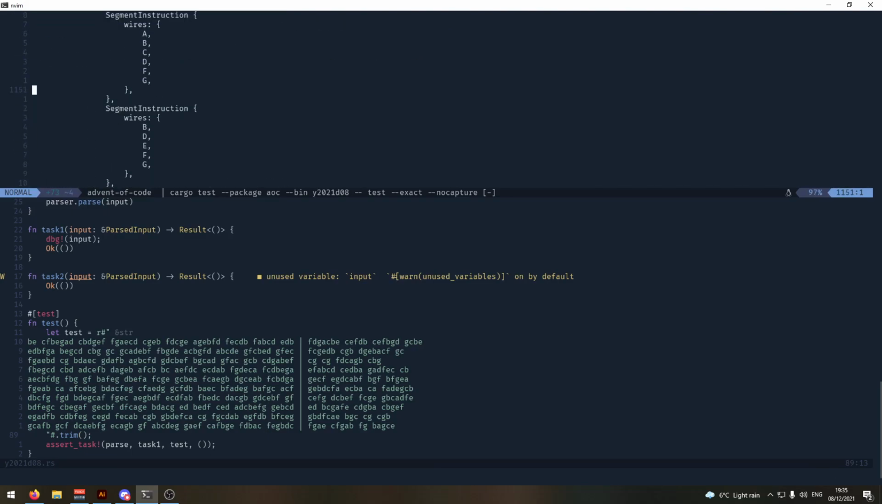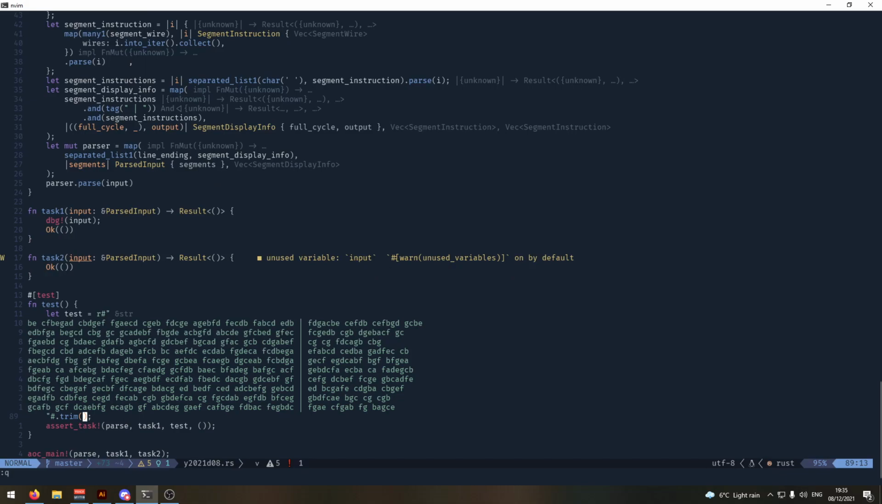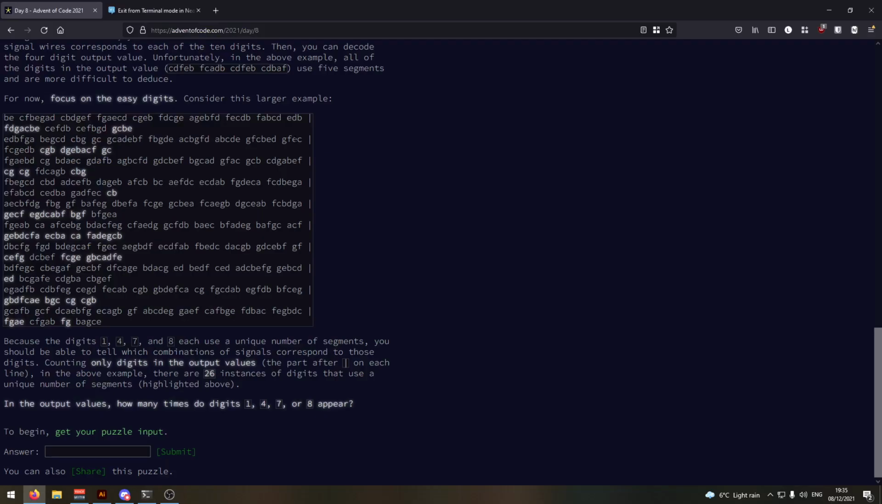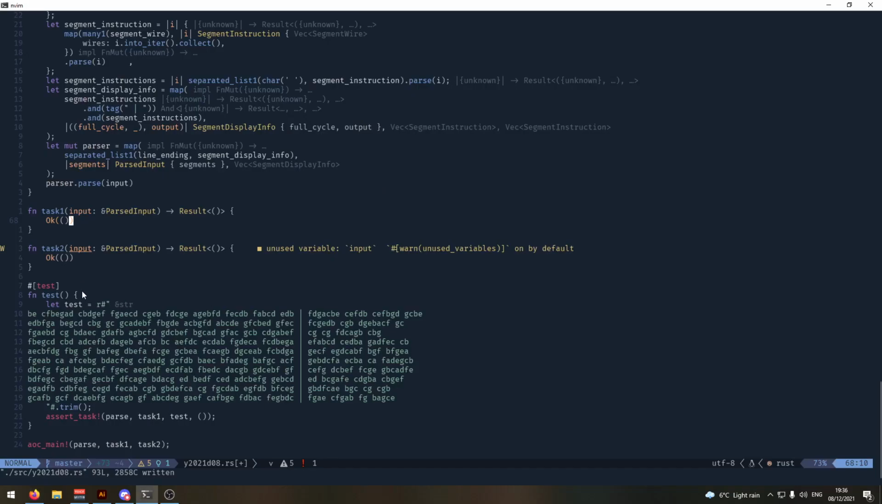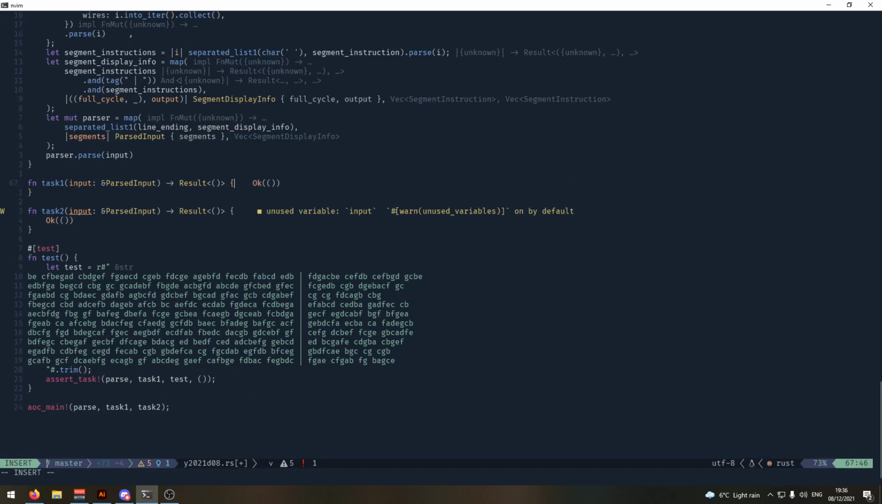That looks good to me. Cool. Right. Okay, so what task 1 wants us to do is count the digits in the output values that use a unique number of segments, which means 1, 4, 7, or 8. So the easiest way to write that is to say